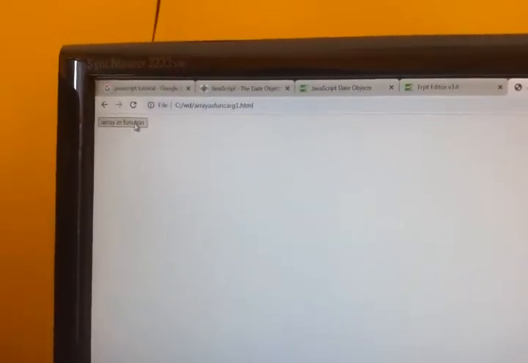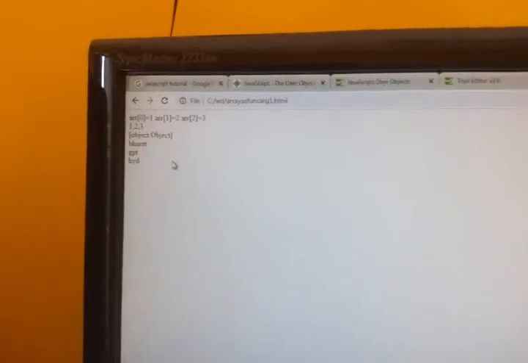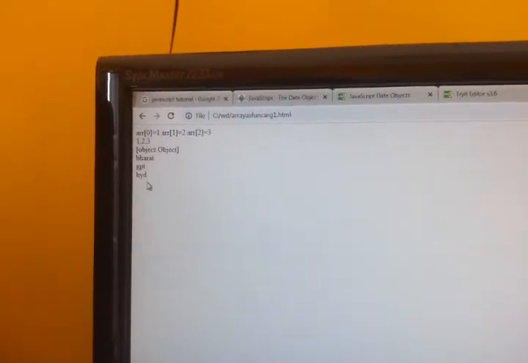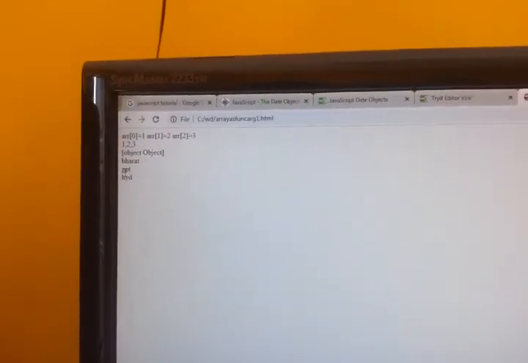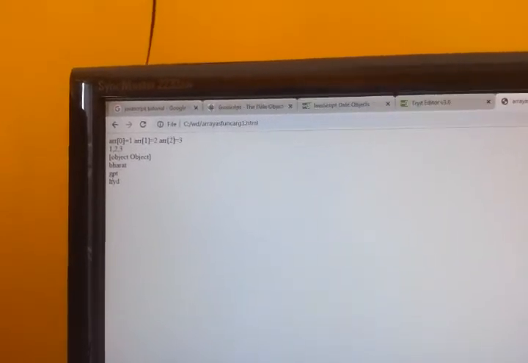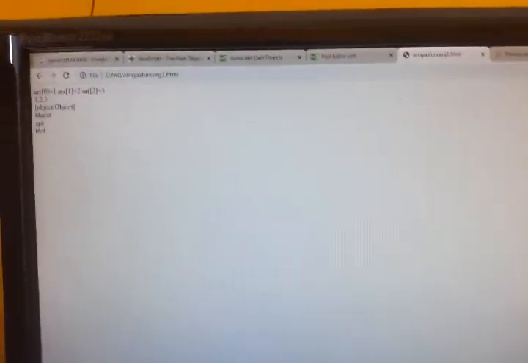Compiled, and I got a button. I am clicking. When I am clicking, the function call will be activated. See, Bharat GPT and all I got. So this is about passing an array as well as array as object to the function.